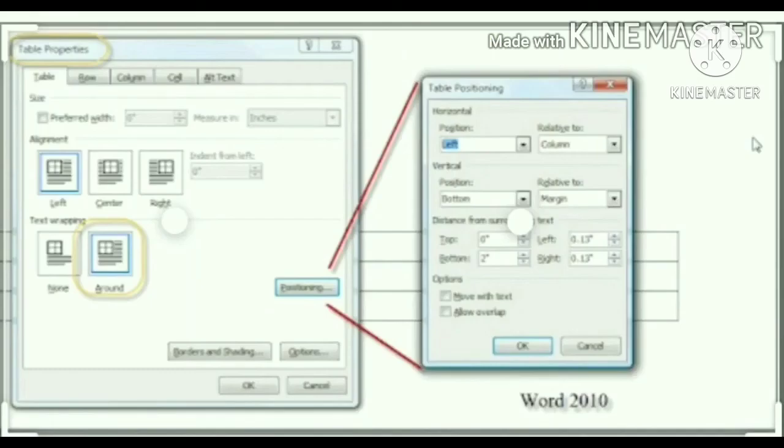Second method. First, click the Insert Table option. The Insert Table dialog box appears. Second, type the number of columns and rows you want to insert in your table. Number of columns is 5 and number of rows is 2. Third, now click on the OK button. Your table is inserted. Fourth, you can enter the data by simply typing in the cells.